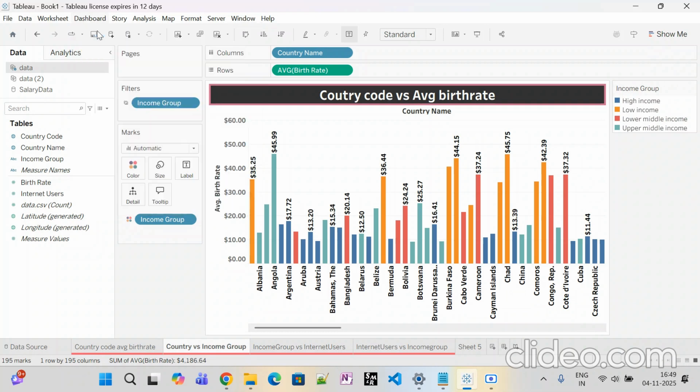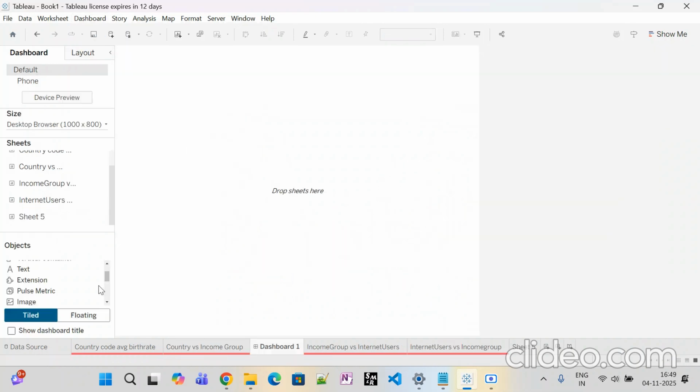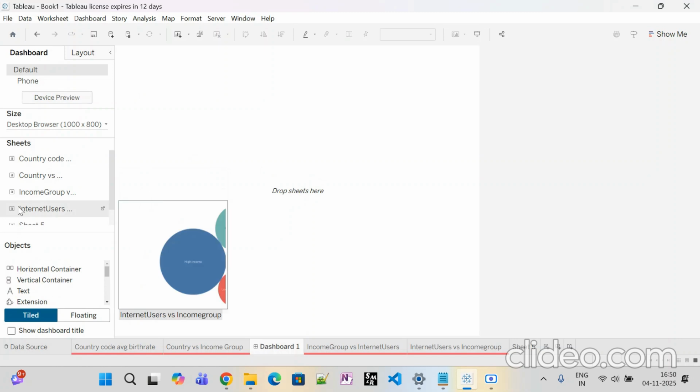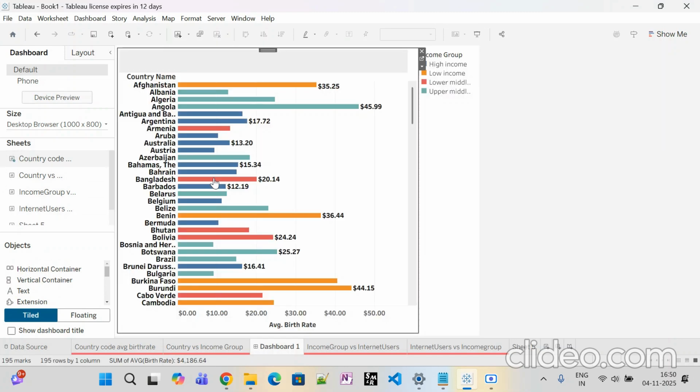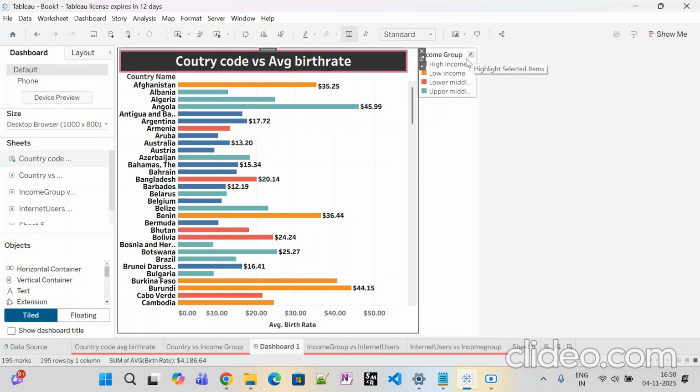new dashboard. So here you can drag and drop, or else you can just use the plus option, so you can do that as well, right? So this is my dashboard and I have four sheets here. First I'll create the horizontal and vertical layout. Okay, so I'll add this and